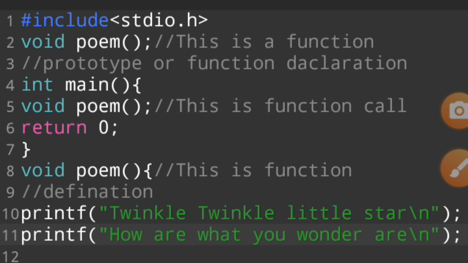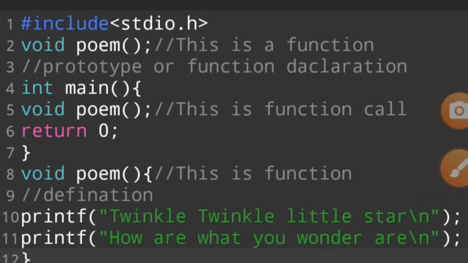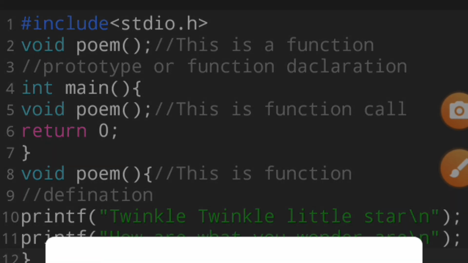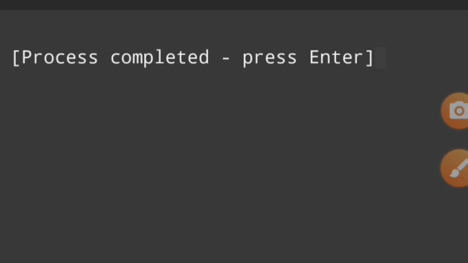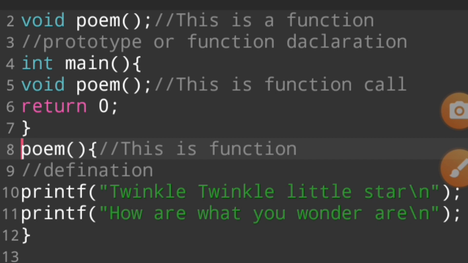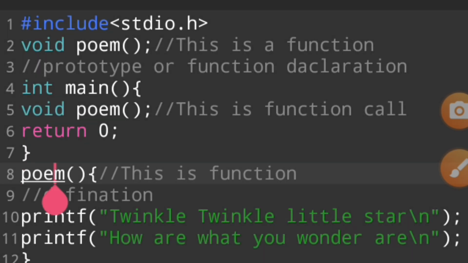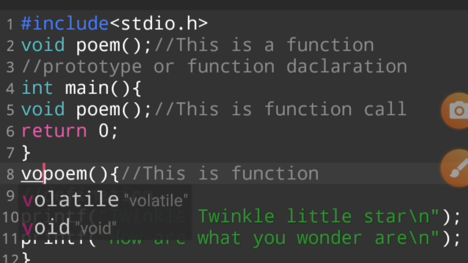I hope you understand this program in an easy way. And then if I run this program, see what happened. Nothing is printed. Oh sorry, in this area we want to write void.